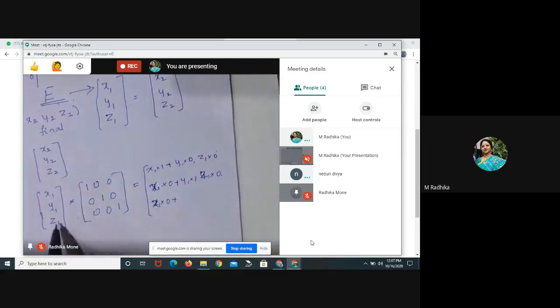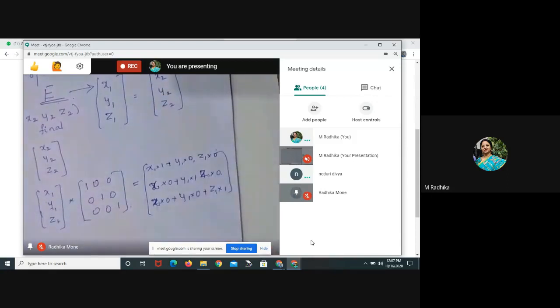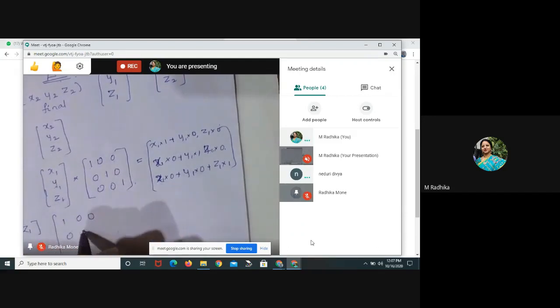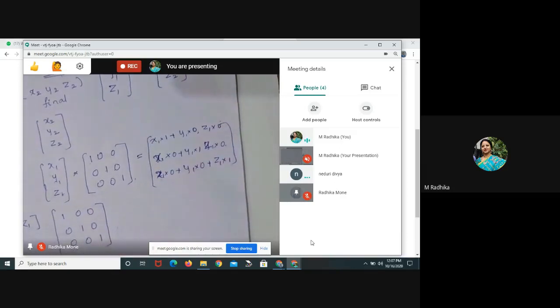Okay. So x1 into 0, y1 into 0 plus z1 into 1. Or I can take it like this also, I will do it for the row. I have shown you this here, right? In the multiplication, so what did we do in the multiplication? I said this row will entirely multiply with this column, right? Now this one will multiply.